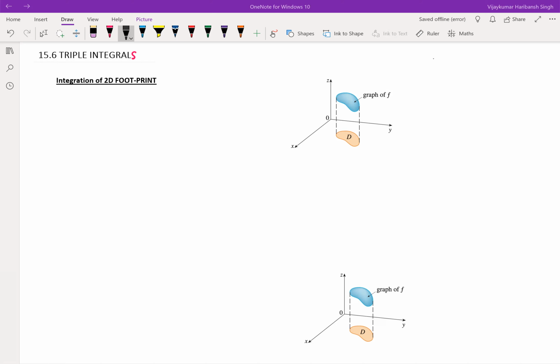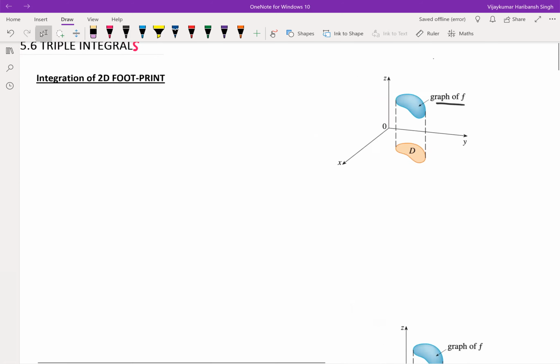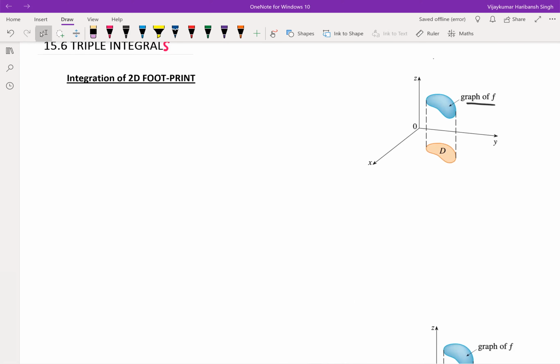Recall if you have a function f, the graph of function f is given on domain D like this. Then the double integral is given by the integral of f of x, y, dA over region D. So this is an expression of the integral. Now to compute this integral,